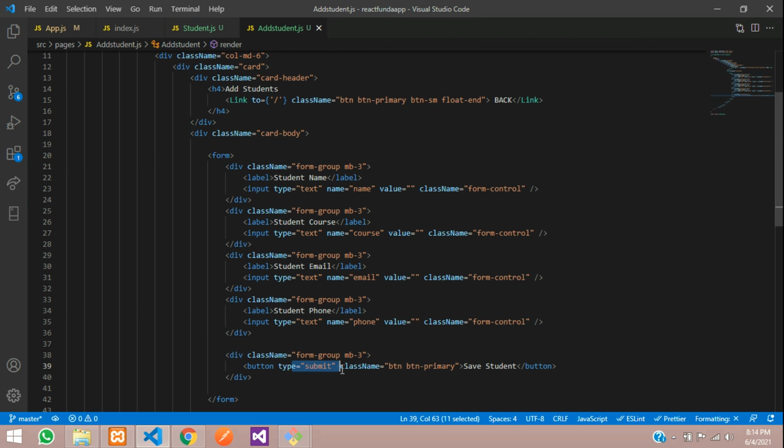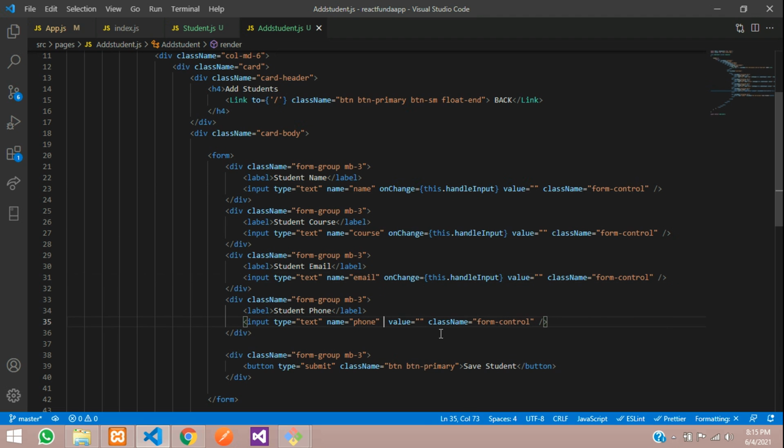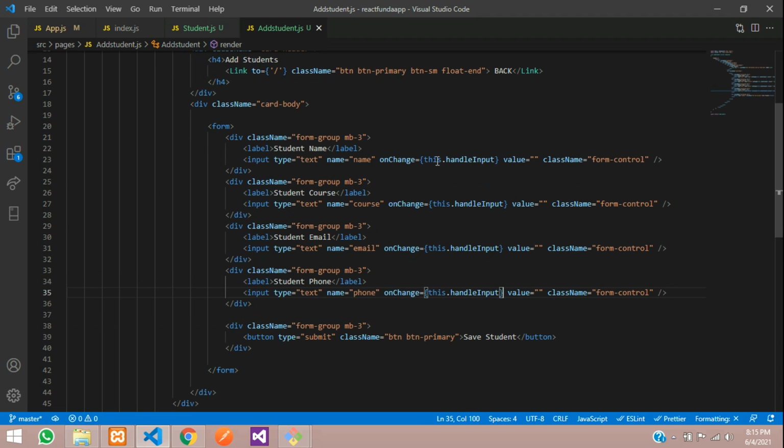When you click on the submit button, first we are going to work with input fields. So let's call that input field over here. We will call onChange is equal to open and close curly brace, this dot, we are going to handle all the input fields. So handle this dot handleInput. Same thing you're going to call for every field. Let's paste, paste, paste. And now whatever you're going to take from this input field, you have to show in this